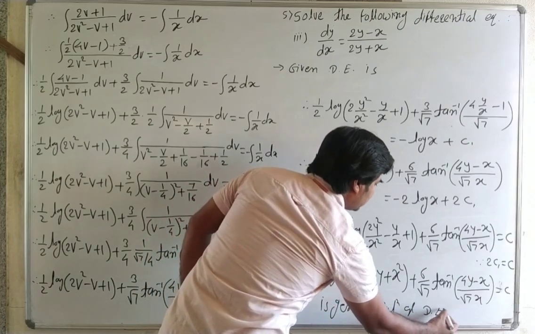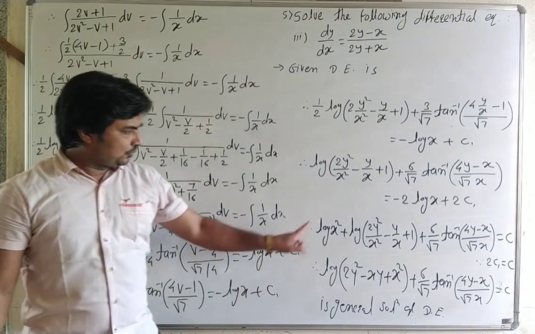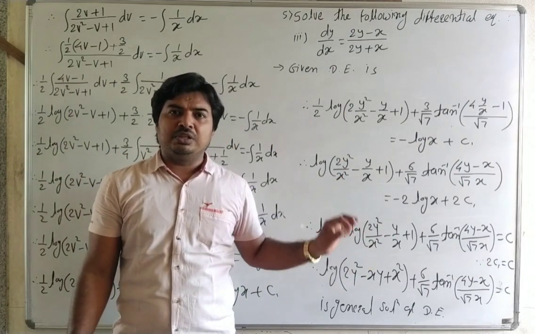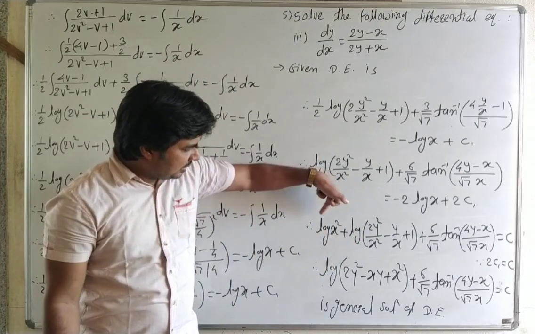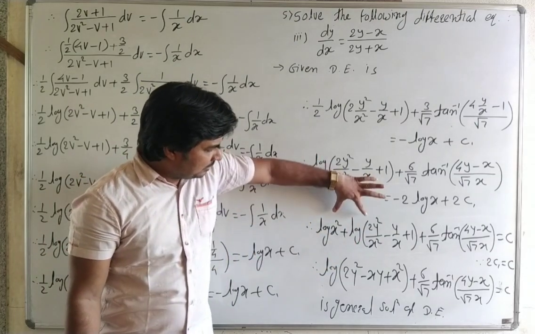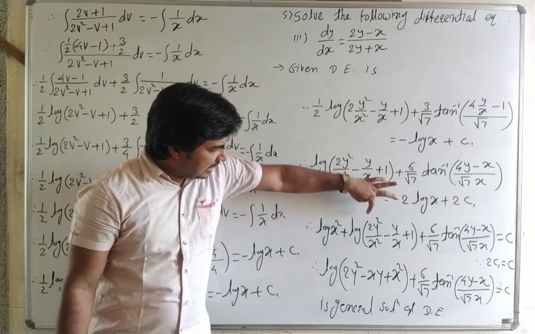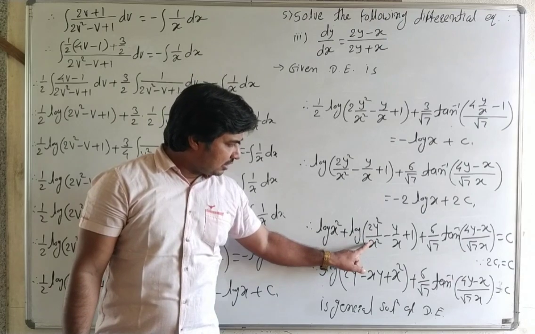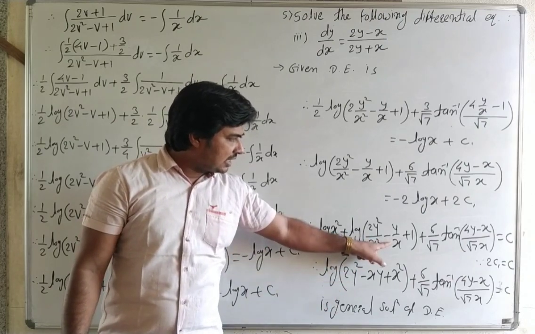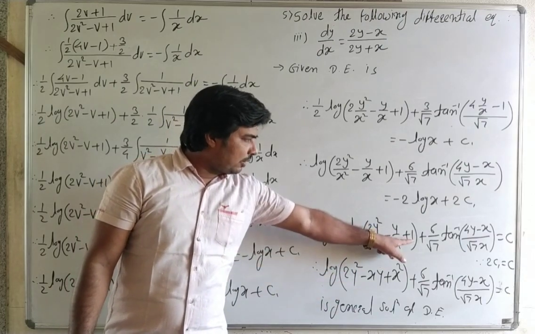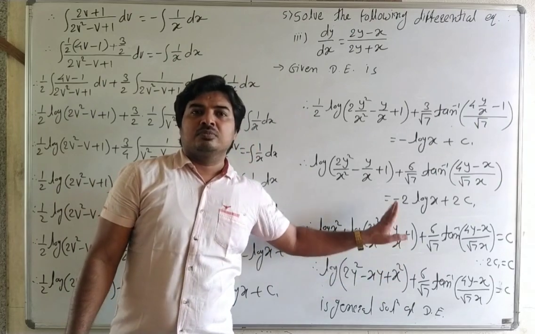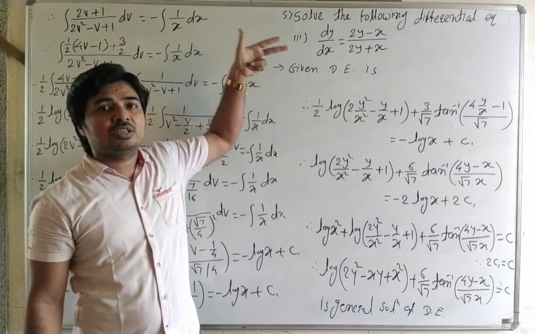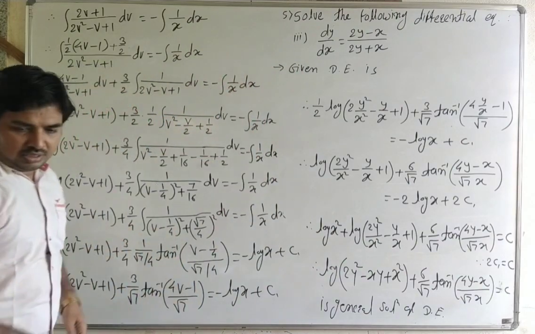Of the differential equation. See carefully this. Here we use the property of logarithm, log a plus log b, that means we take the product of this x square and this bracket. When we multiply x square to this bracket, x square gets cancelled, 2y square. When x gets cancelled, here it is xy, and multiplying 1 by y x square, it is x square. Okay, and here is the last answer of this question. It is a homogeneous differential equation. See carefully this.